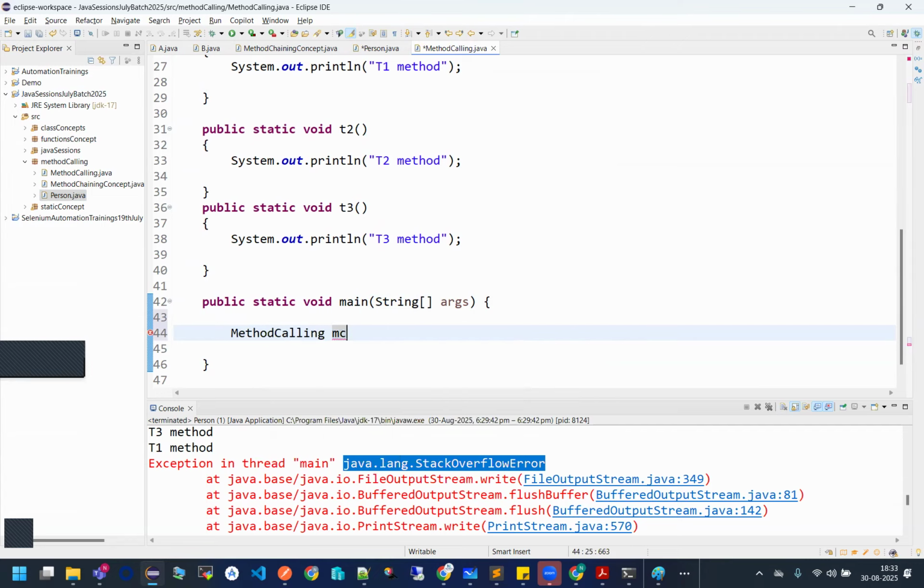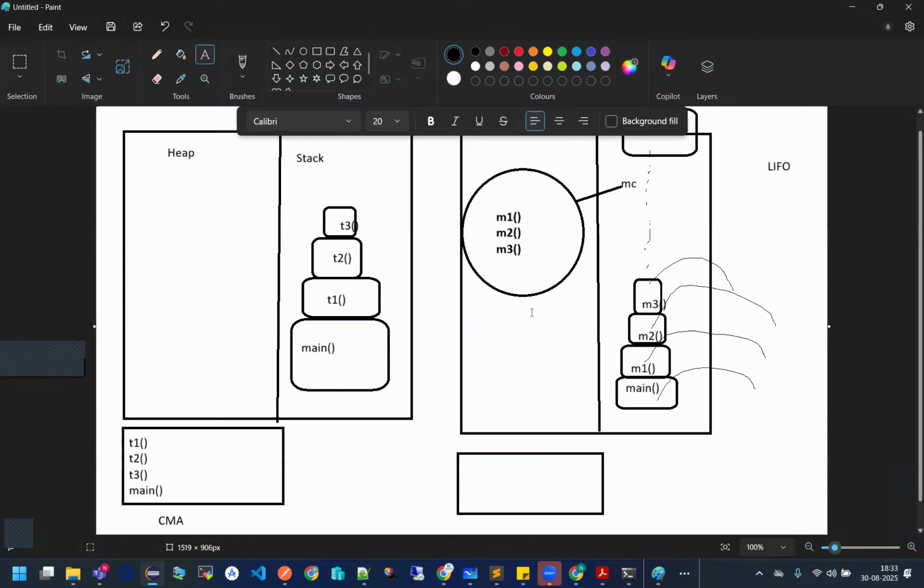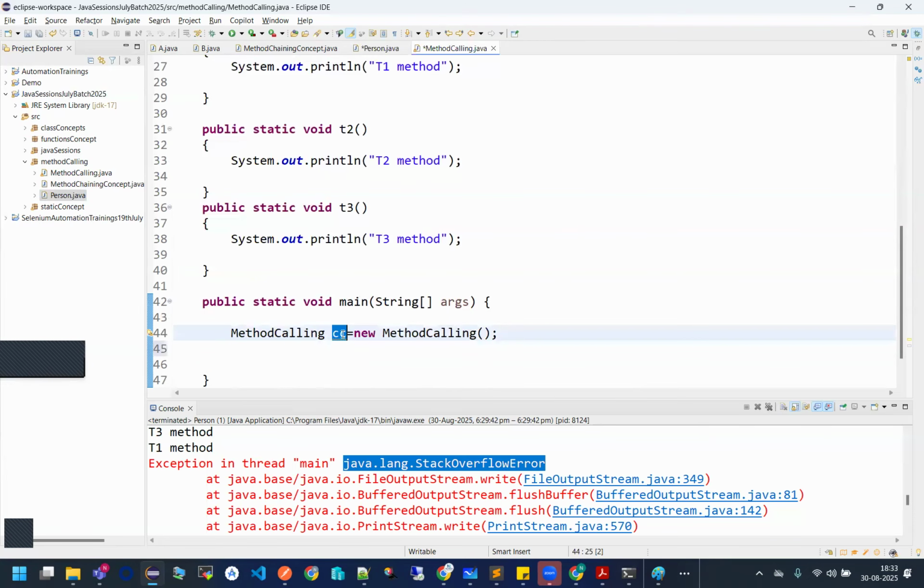I'm saying method, CC, whatever it is there, fine. And in method calling, I've created an object. It doesn't create an issue. Why? Because I don't have any new keyword here. Fine. Now, what I'm trying to do, first of all, understand, guys, I'll just create an object obj as